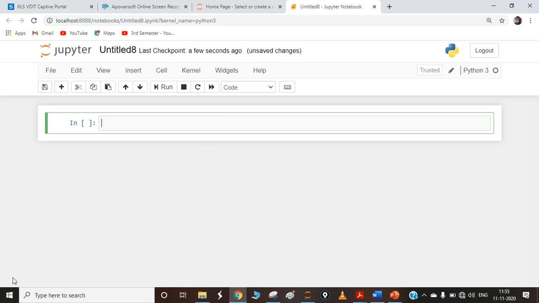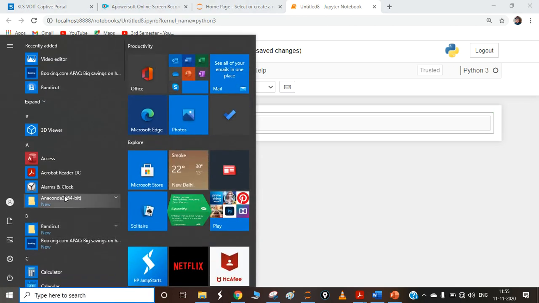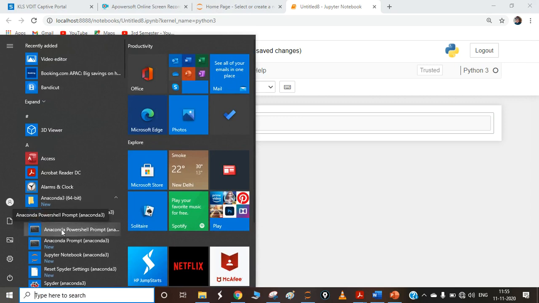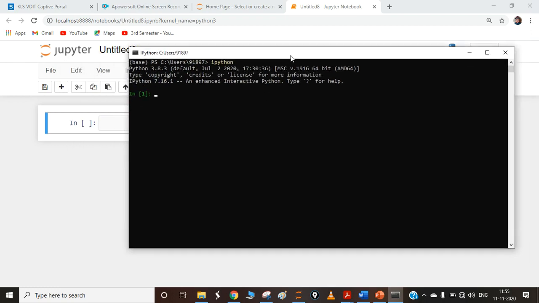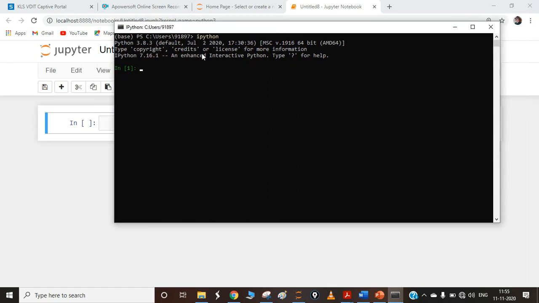This is one way. In another way, we can interact with the interpreter in the Anaconda PowerShell prompt. Once you get this command prompt, you are supposed to type a command called IPython. The expansion of IPython is interactive Python. Here also we can interact with the interpreter. Here we enter some expression like 3 into 3. Immediately it gives the answer, 3 into 3, 9.